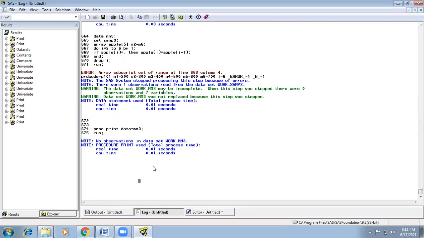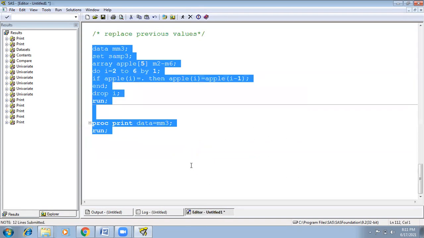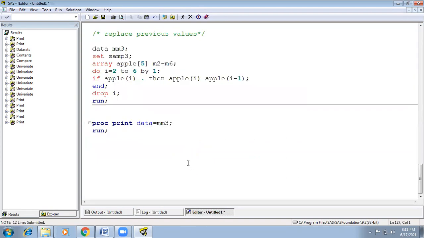Array subscript out of range, column 4. What is the error? Array subscript out of range at line 668 here. If apple of I equals to R, then apple of I equals apple of I minus 1. Apple of I minus 1 is correct.